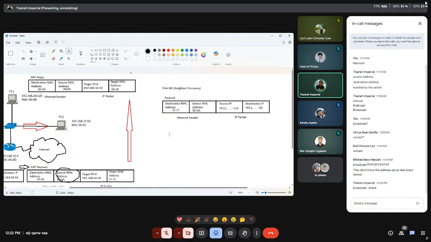So the data packet of the request is referred to as ICMPv6. Okay, that is ICMPv6.